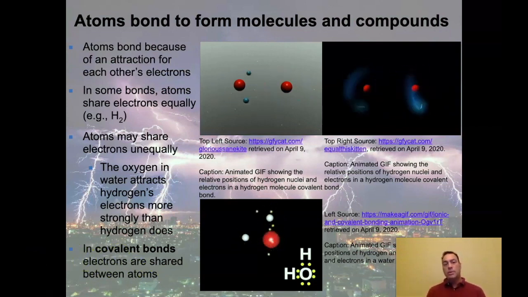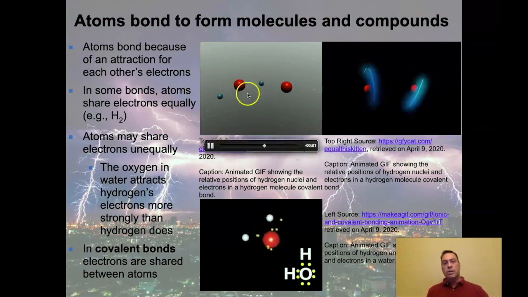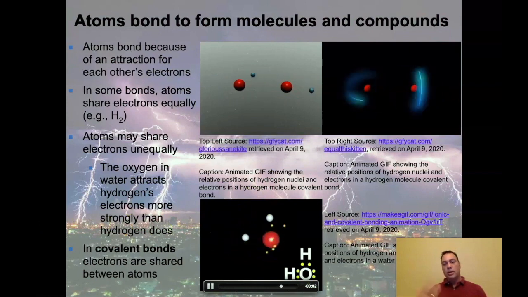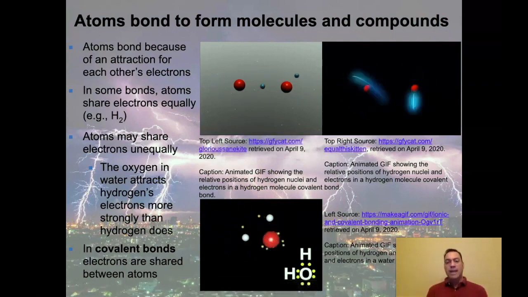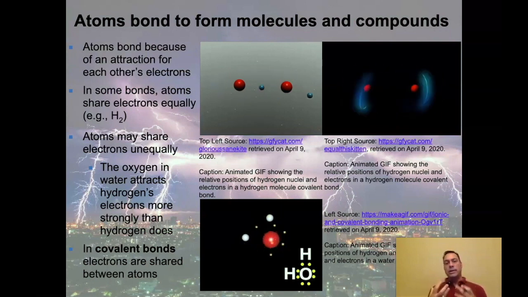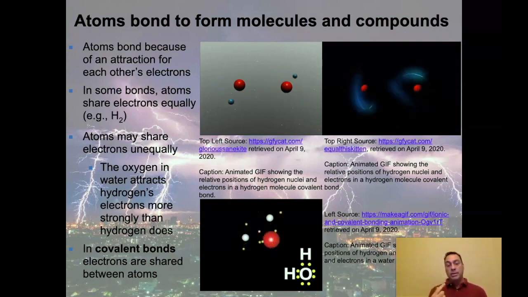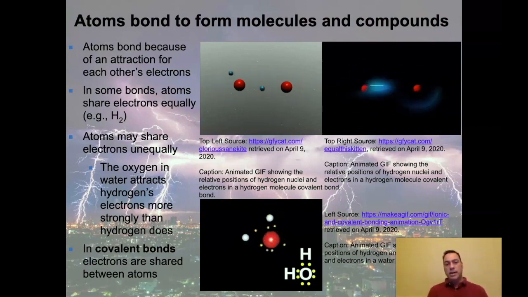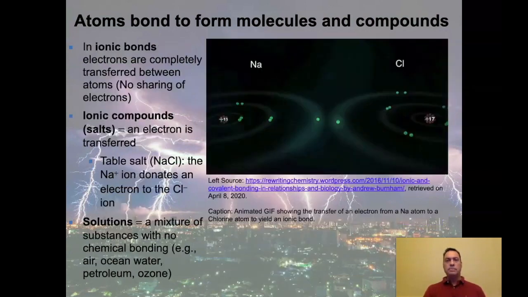So we're seeing 2 different kinds of covalent bonds where we have equal sharing up here with the hydrogens and unequal sharing down here with water, where the oxygen takes advantage of the inability of the hydrogen to hold onto that electron tightly. The electron does spend some time around hydrogen, but not nearly as much as it does around the oxygen. And it turns out, is extremely important in how water behaves.